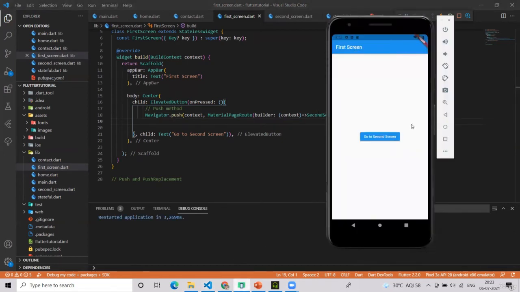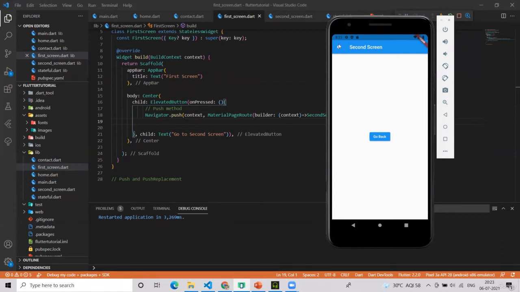Okay. Now if I click on go to second screen, see, we have this go back button, and when I click on it, I will again come back to the first screen. Now you might be thinking this arrow thing also does the same thing. It also by default calls the Navigator.pop function.